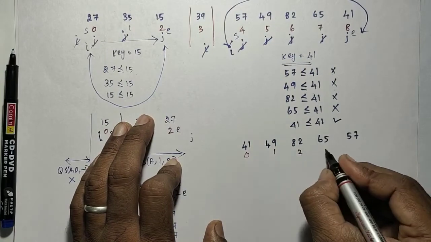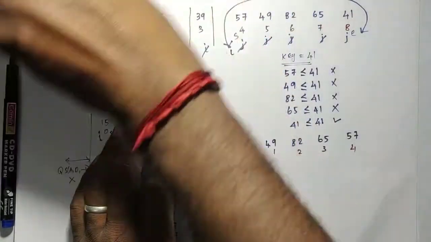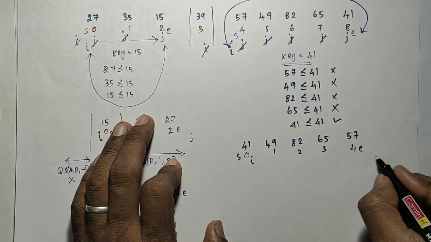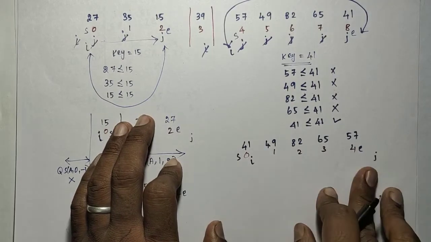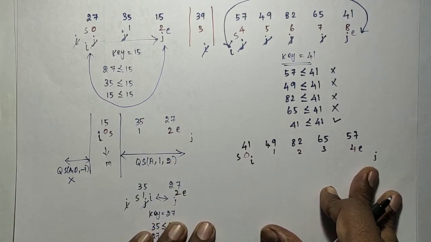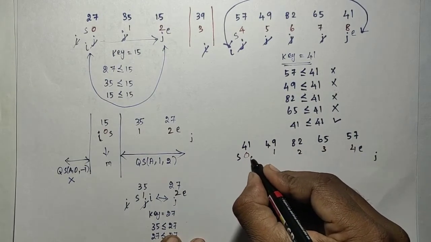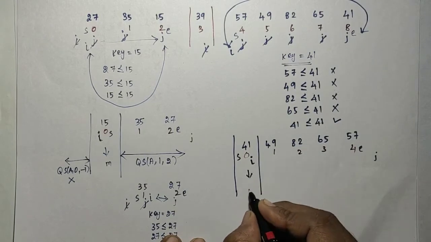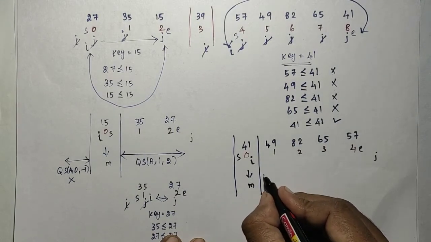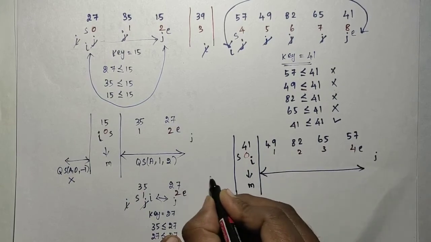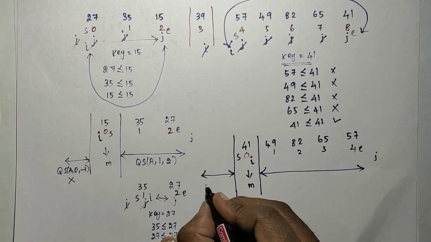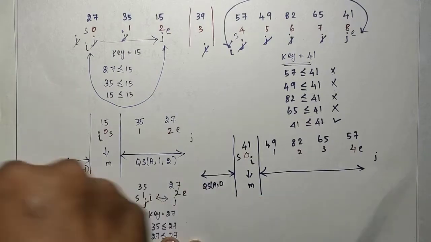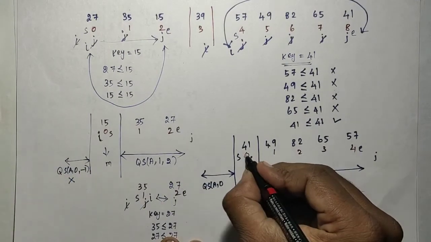0, 1, 2, 3 and 4, and here S is this one and E is this one. Now I is pointing to here and J will reach E plus 1. So the iteration will be stopped. After that, the ith position is the split position. So here the split occurs here. This will be written as M. Okay, and the quick sort will be applied on the right side and on the left side. The left side quick sort of A comma S to, sorry, the index I have written wrongly, that is 4,